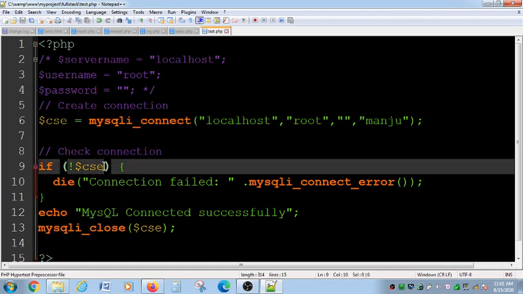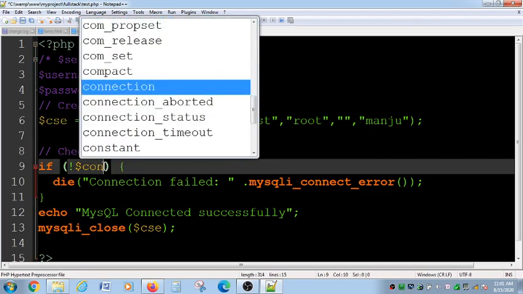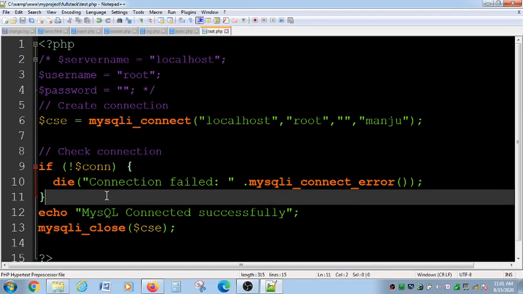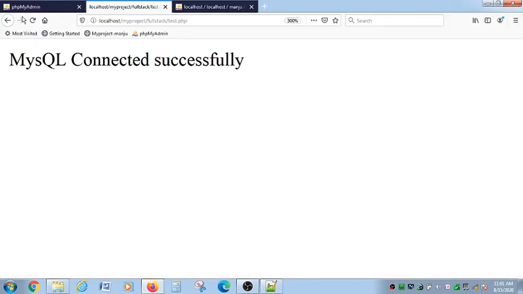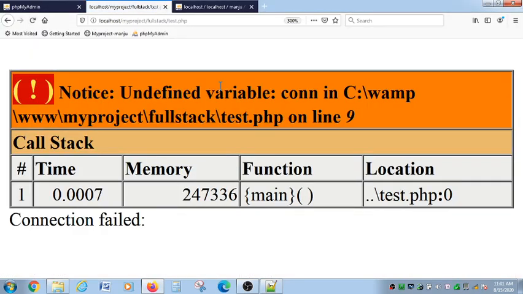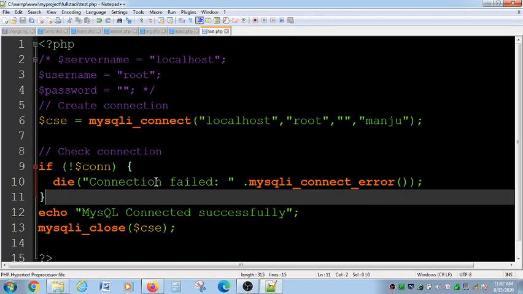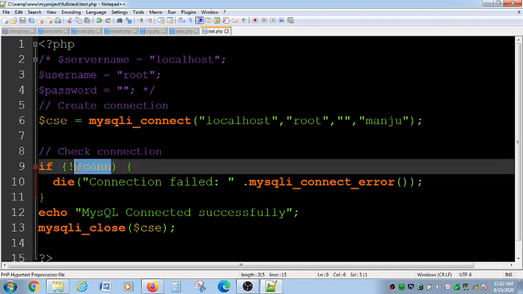For example, here assume that I use con only, and I execute the statement. It is showing undefined variable con, because the con variable is not defined. It is defined in the name of CSE, so you have to use CSE only. So that is just the role of the variable, that's all.